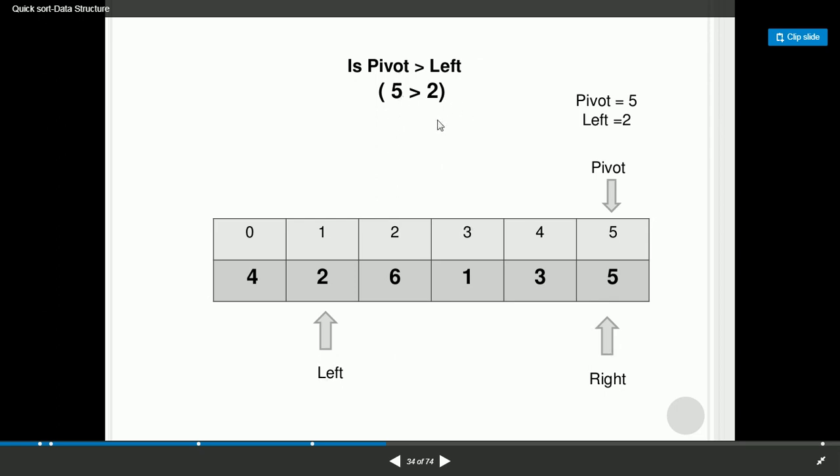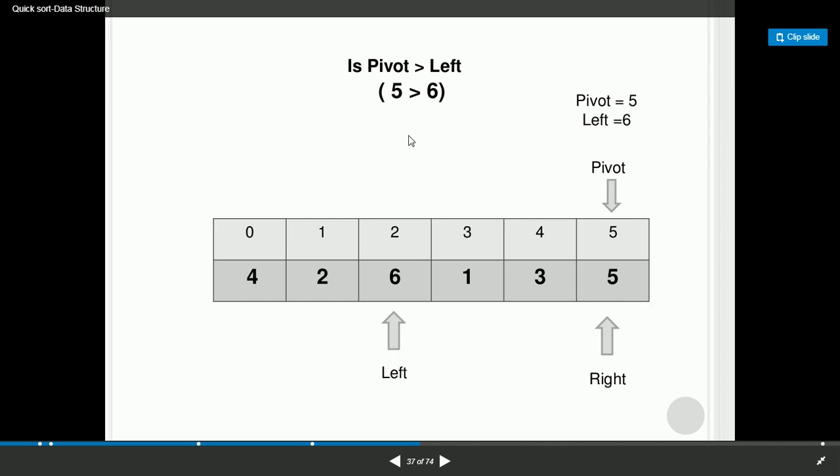Pivot is greater than left? Pivot is 5, left is 2. So this condition is satisfied, yes. So we will move one index towards the right. Again we will compare. Is pivot greater than left? But pivot here is 5 and left is 6.